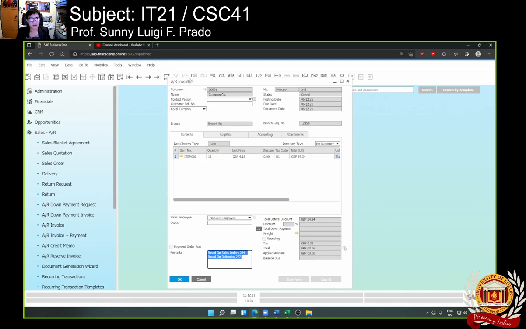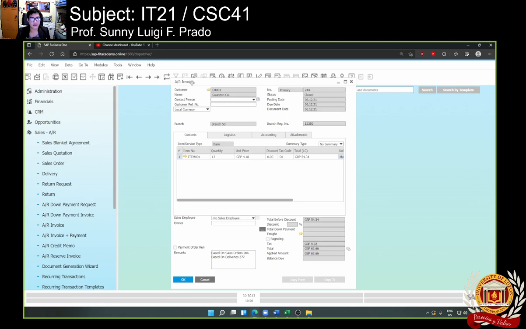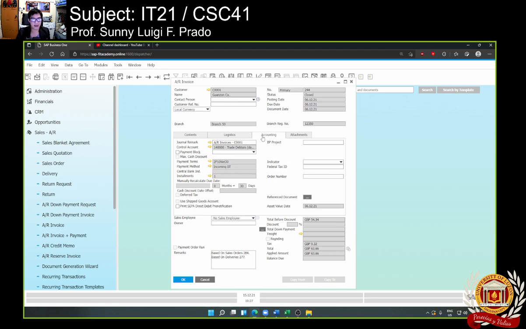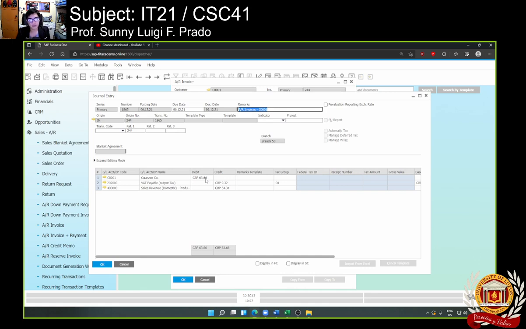Okay. So, for example, we have an AR invoice here indicating 13 items. This is based on sales order 284 and 277. Once the customer accepts the responsibility of paying for that item, then you can consider that as a receivable na. You can see that on the accounting side, debit yun pagdating doon sa customer natin. Wala tayong pakialam kung saan niya ilalagay yan, basta siya ang nag-gain doon sa ating